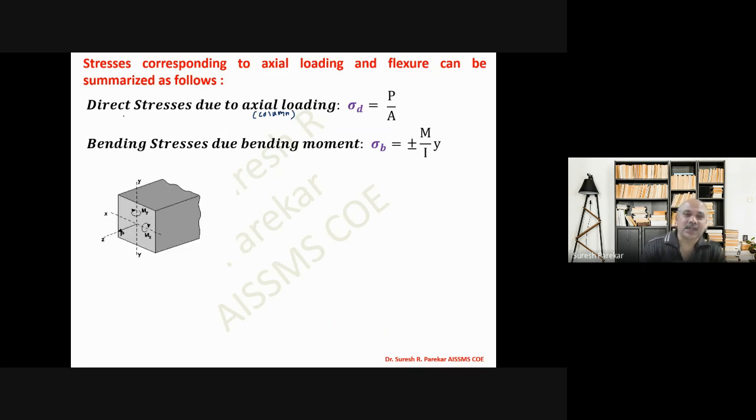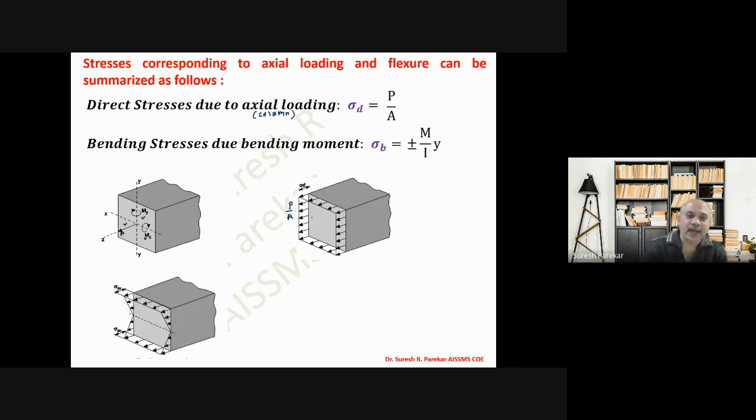Then you can see this. We will consider a column, and you can see in this column we have three loads. We have P axial load, then we have Mx, moment about x axis, and moment about y axis. Now, if we will see first due to load P, we are going to have uniform stresses. You can see, and we have this stress that is equal to P by A. So that value we have same everywhere.